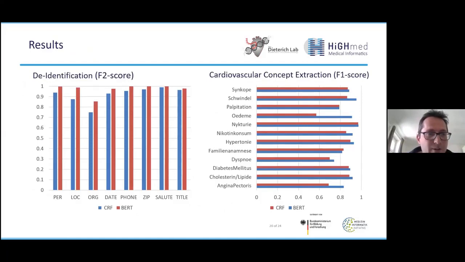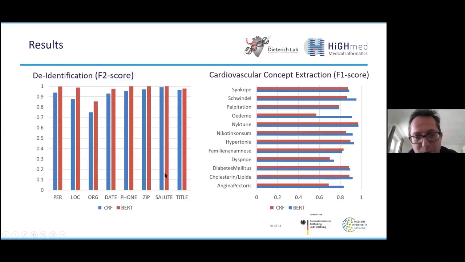On the left hand side, you see the results for the de-identification task. Here I'm using the F2 score, and you can see that our BERT model over most classes outperforms our baseline already. If you have a look in more detail, especially for these classes here, person, location, or organization, you see that the BERT model performs quite well. And you can see here that all these three classes are kind of variant, so they can contain anything. Person names, it's hard to create a list with all possible person names. And so it obviously looks like our BERT model, which is so context sensitive, somehow performs best here.